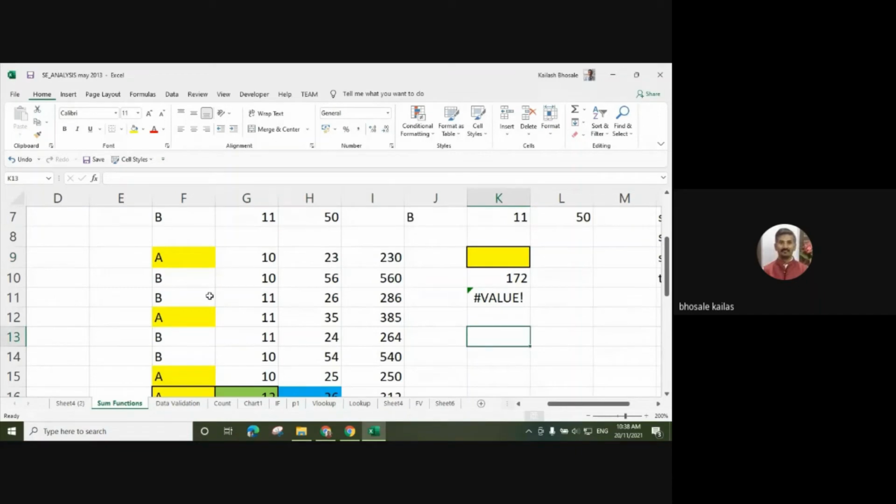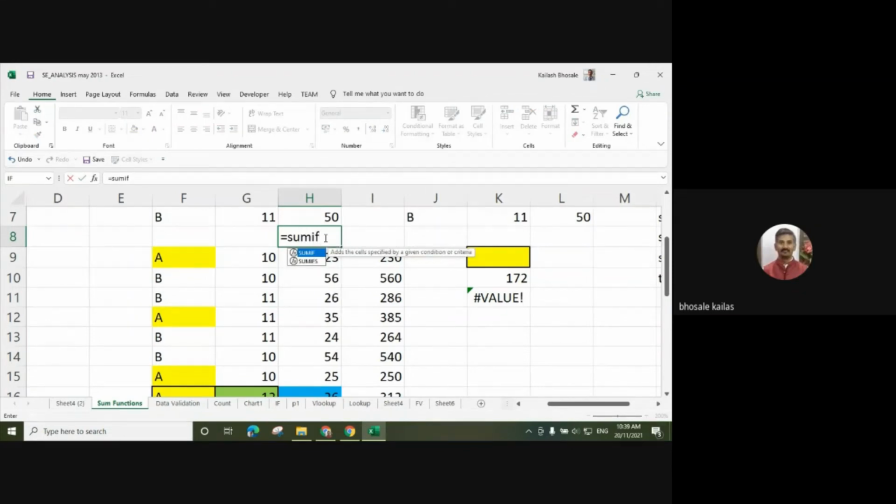Suppose this is the data. There are some numbers, a, b. First, the SUMIF function.